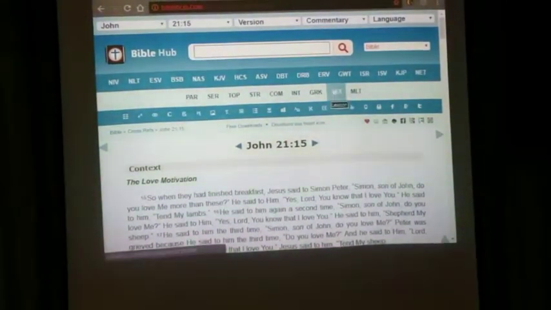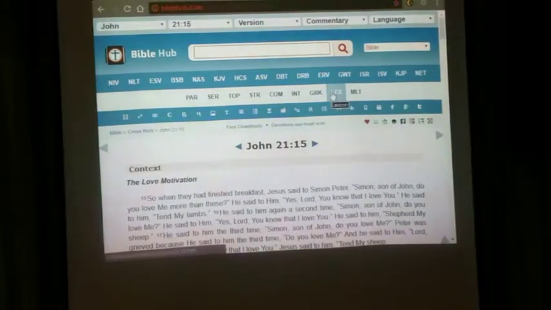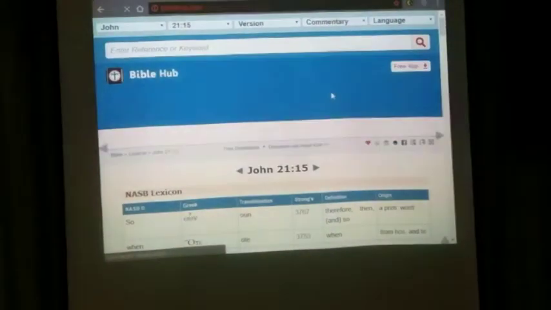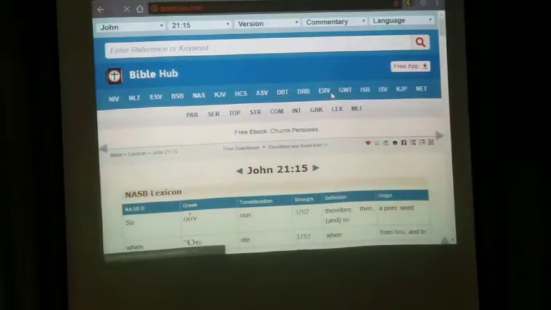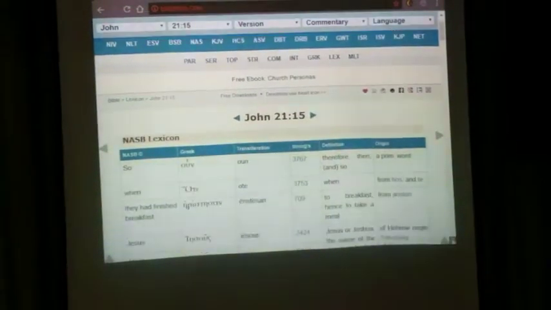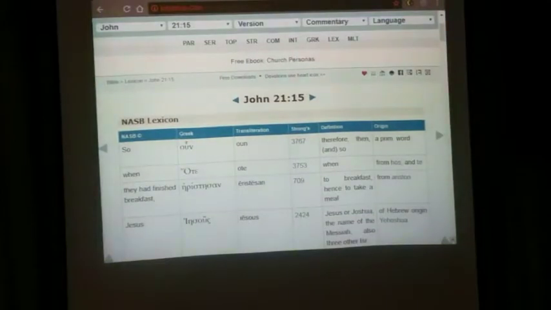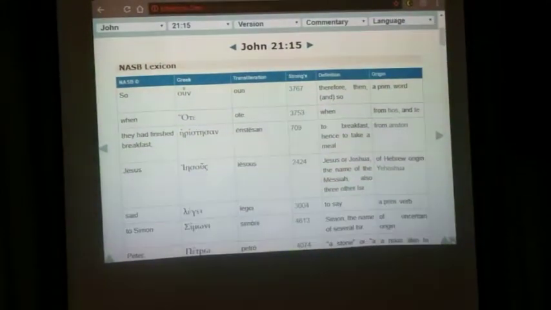You see where it says lexicon? So I put the Bible verse that I want to know what the words mean in Greek or in Hebrew or whatever. And then I go to the lexicon. And once I got it on lexicon, it's going to give me word for word what the Bible says. So it says, so when they were finished breakfast, Jesus said to Simon Peter,